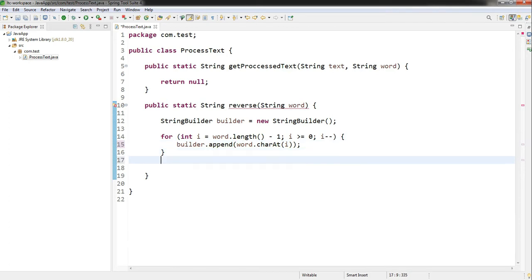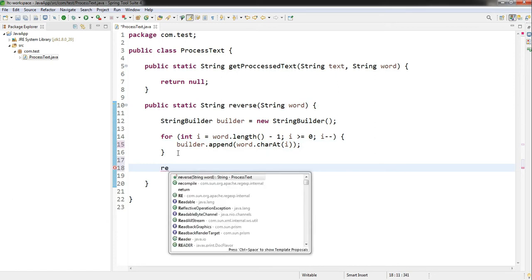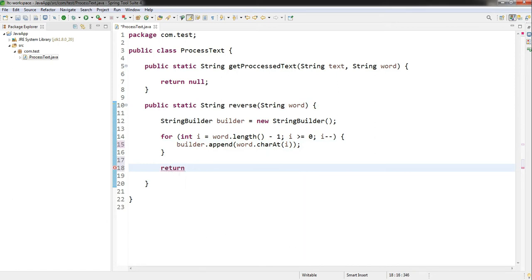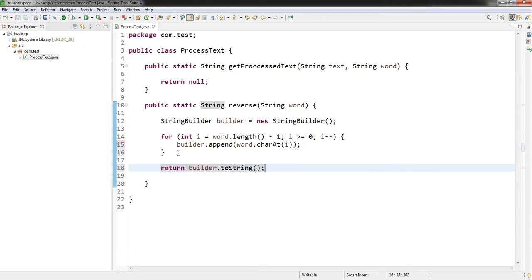This is a way we can reverse the string, and return builder.toString. So the reverse method is completed.